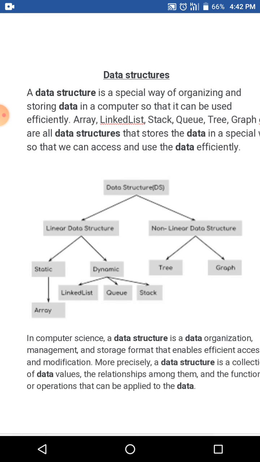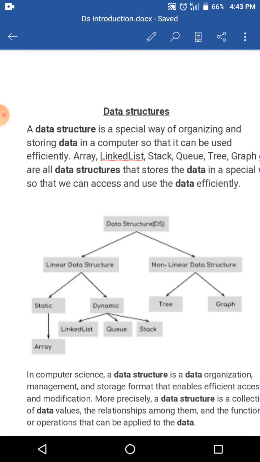And then we can make different kinds of operations on the data. Different types of operations and functions can be applied to the existing data. So basically we can say that data structure is an organization and management of the data. It collects the different data items, makes the relationship among them, gives a better precise format for different access and modifications, and lets us perform different functions and operations on the data. This is the basics of data structures.